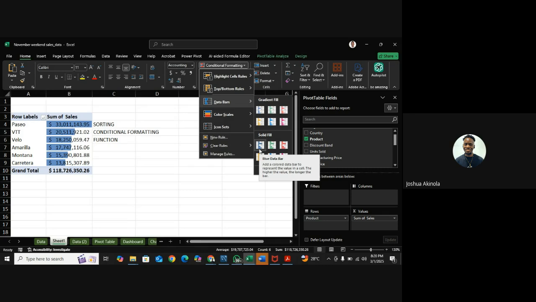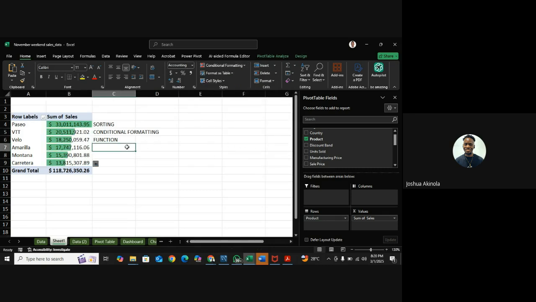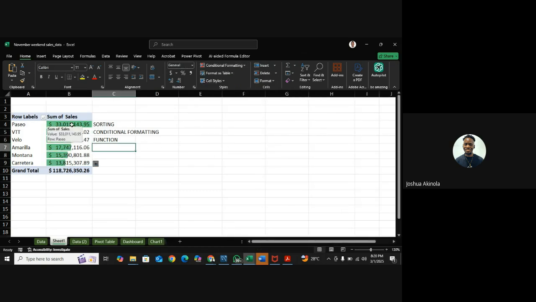Can you see the difference between the first one and the second one? This one has a solid fill. You just have one color. It's not ranging from the darker shade to the lighter shade. You just have one shade of color. So that is how conditional formatting works. So you can see that it has easily revealed to us, looking at the data set,